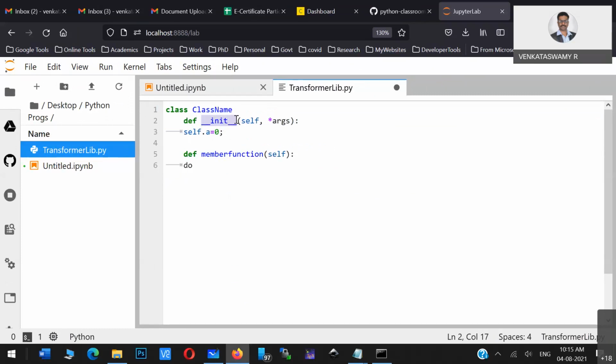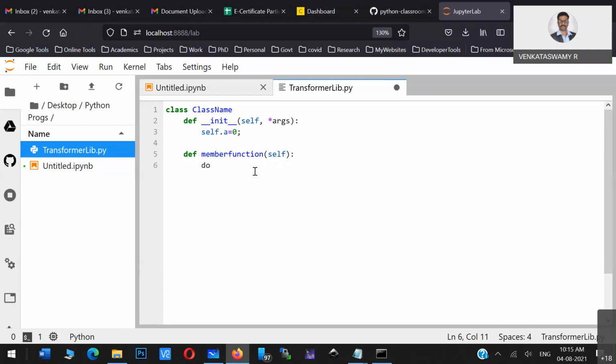There is one double underscore init double underscore. This is a special function called the constructor in programming. I will explain what a constructor is. It is followed by your other functions, the member functions.